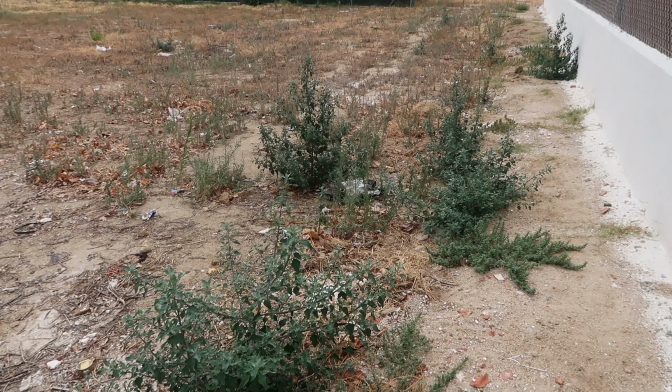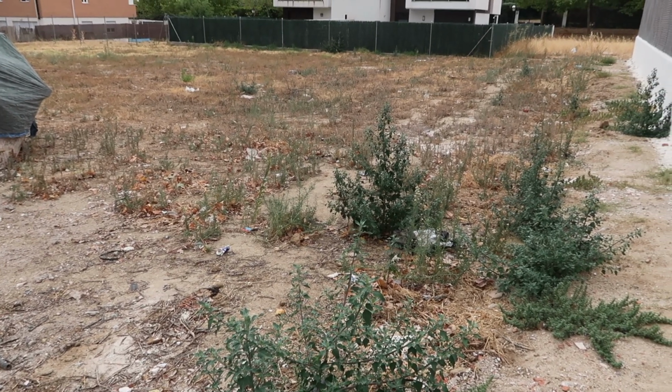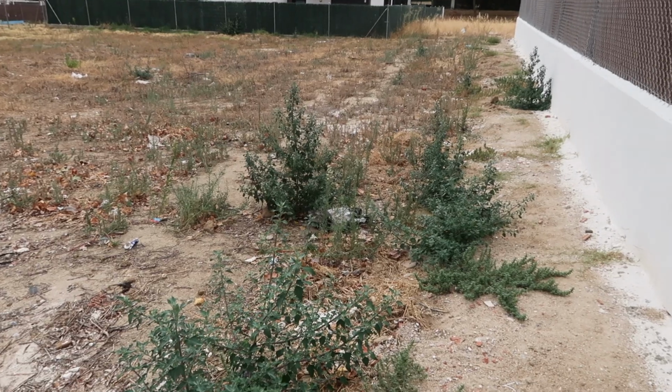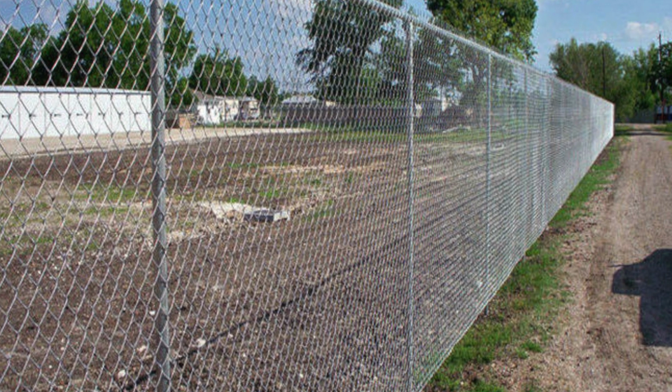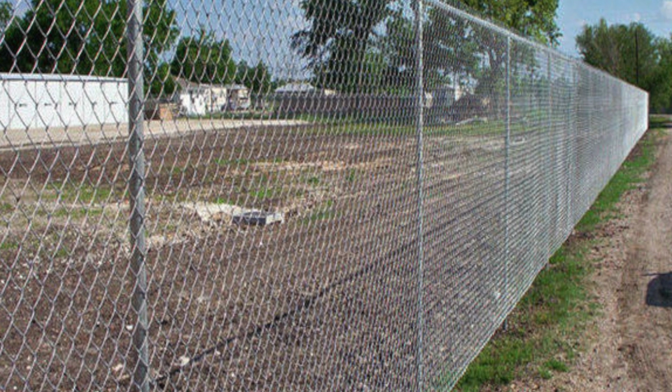Today I'm going to be showing you the transformation of our garden. When we moved into this house almost a year ago now, the garden was completely unusable. It was just overgrowth, weeds, insects. There wasn't even a proper garden wall around the garden. This cheap metal fence had just been put up to separate us from the surrounding fields, and the fence itself